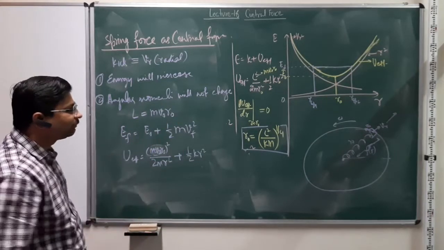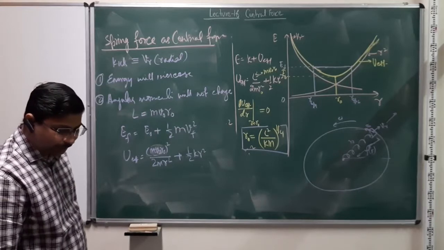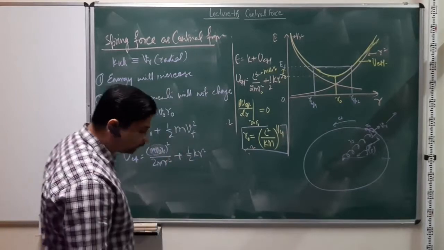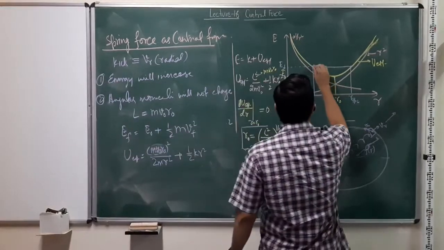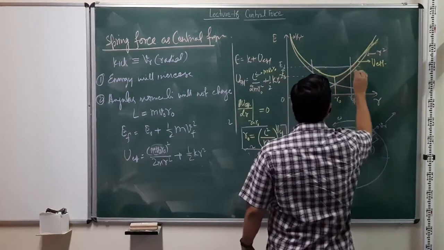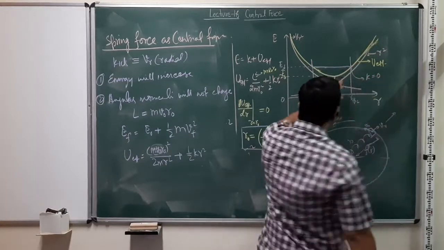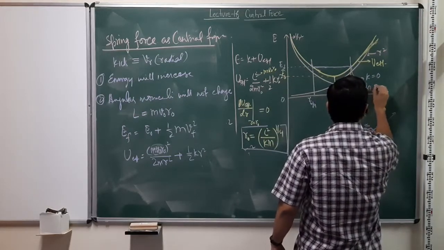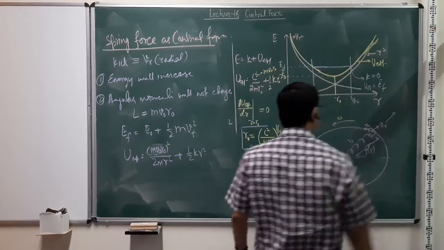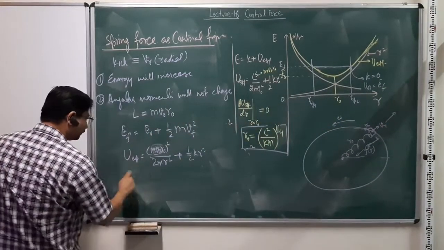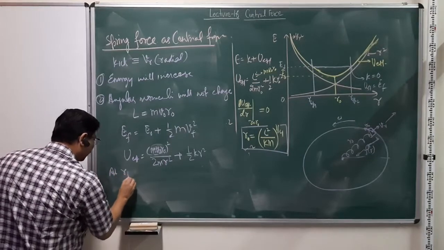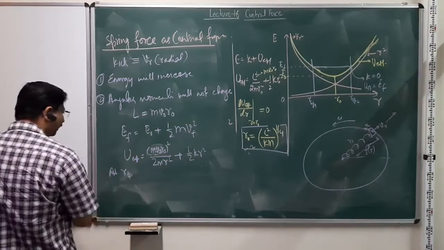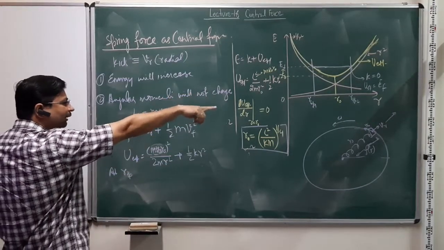And what we can do is we can also find out what these two locations are. And for that, all we have to do is see that at these turning points, the kinetic energy of the system is 0, and the U effective is equal to E final, right? So we can use that. So at RTP, we'll see that this comes as a quadratic equation, so we'll always get two solutions for RTP, defining the lower and the upper limit.